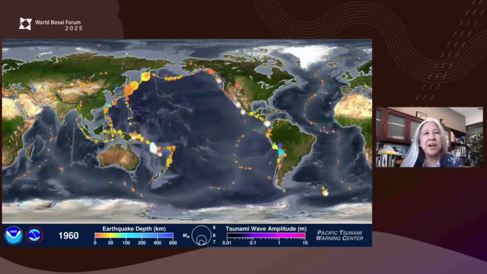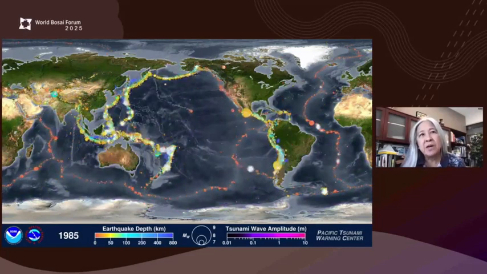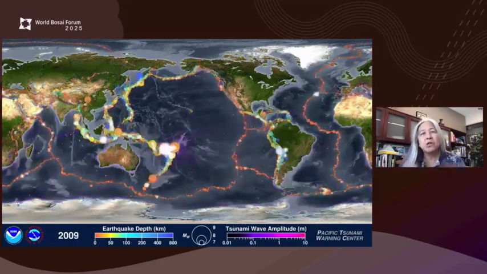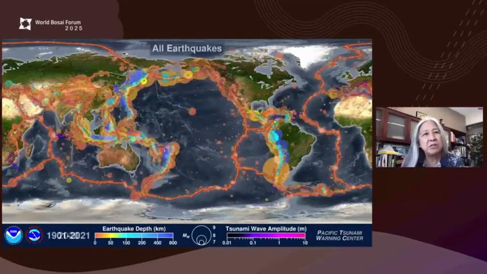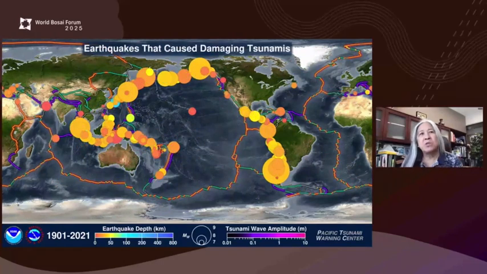This is an animation for the last 100 years of seismicity, with the largest circles, larger magnitudes, and certainly the shallow events in orange and yellow are the ones we're most concerned with for tsunami genesis.